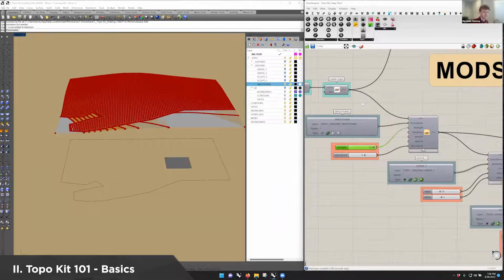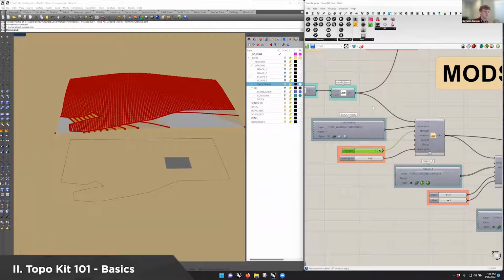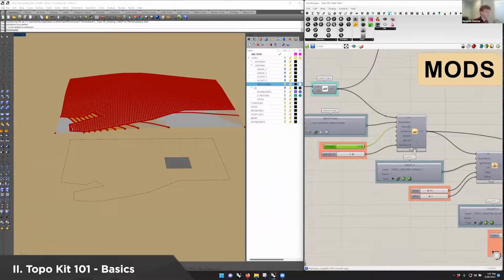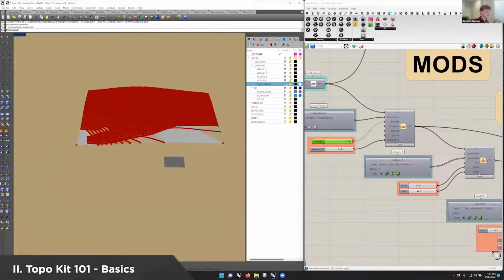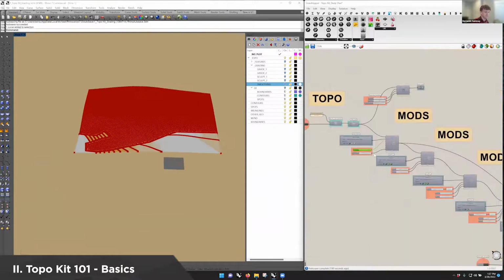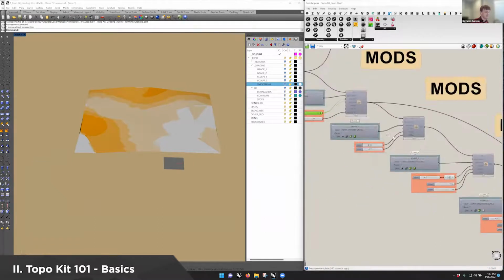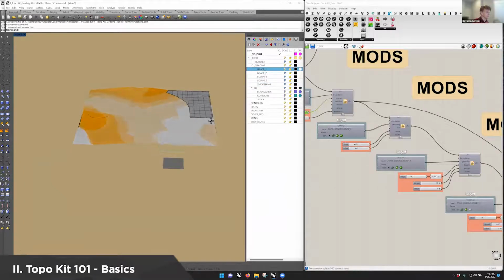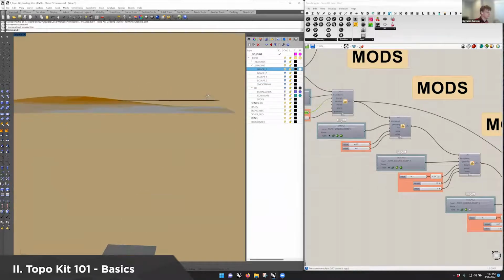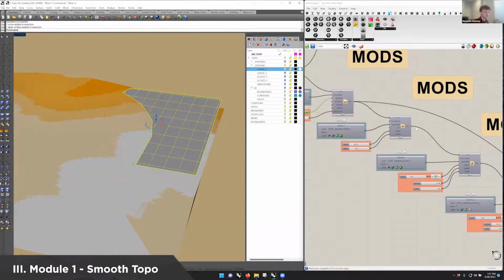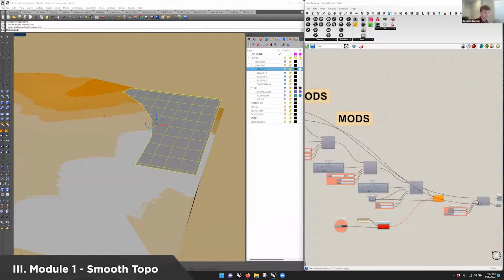And you'll see how this becomes super helpful as we are dealing with lots of different types of geometry and using different parameters and inputs for different types of grading and sculpting that we're doing. Okay, so the first thing we do after we do some smoothing, we'll turn off these points so it's a little easier to see, is we add a grading piece of geometry. So I've created this surface here and I've elevated it to a specific elevation on the topography, and that's being input into my grade topo. So if I plug that in,